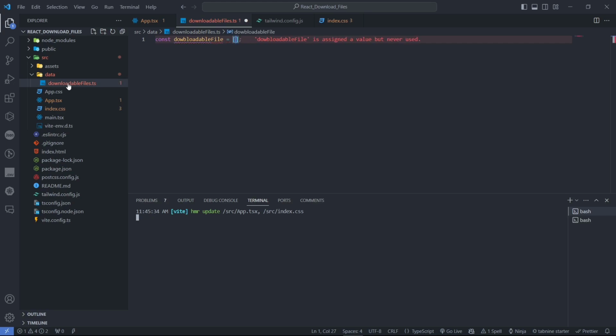It's an array of objects. Okay, and each object is basically containing an ID, the ID of the file, sorry, ID of the file name itself,